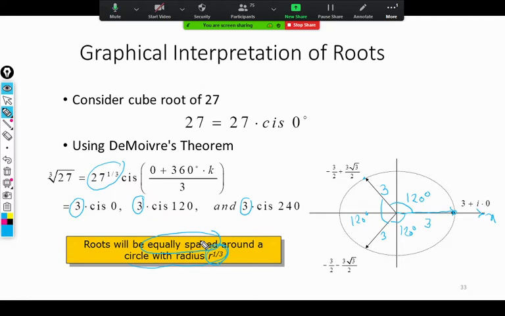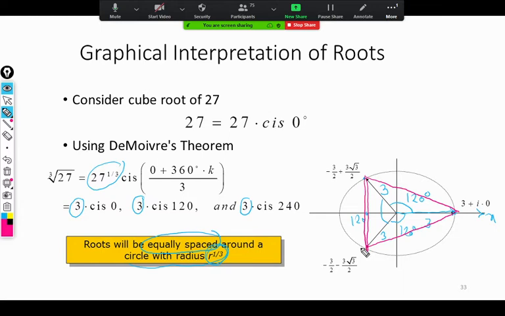So two important properties you should remember. Roots of a complex number always lie on a circle of radius r raised to 1 by n if we are taking the nth root. And another thing, they are equidistant from each other, and because of that they will form a regular polygon on a circle. In this case, the polygon formed by the 3 roots is an equilateral triangle. So that's a regular polygon, and obviously the length of each side is equal.